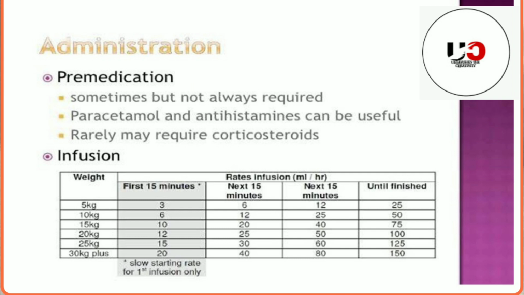So for the first 15 minutes, then gradually we will increase for the next 15 to 30 minutes to 6 ml, which means double the ml. First it was 3 ml, then we double to 6 ml per hour. Then gradually for the next 15 minutes again we will double, and finally we will reach 25 ml per hour. That 25 ml we can continue until the infusion finishes. That will be the maximum tolerated ml per hour.